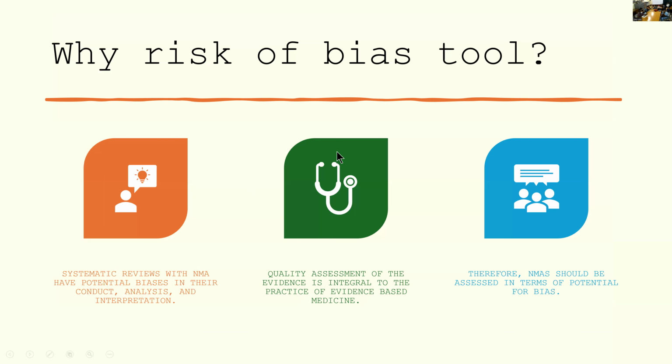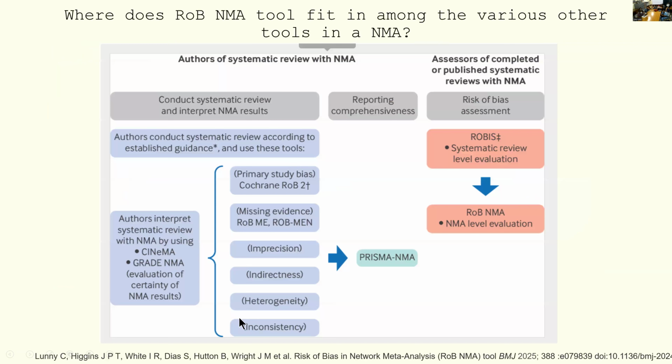Because when you are going to give evidence, you're going to recommend one particular intervention to the population, and that should be correct. If the treatment that you're going to recommend is full of bias, you'll be falsely affecting the patient outcome. So there are a lot of other tools which we use when we're synthesizing evidence in